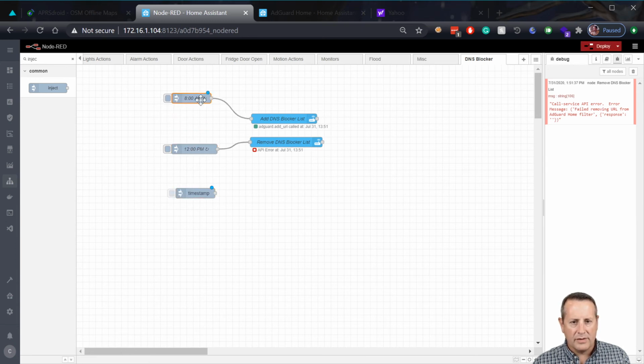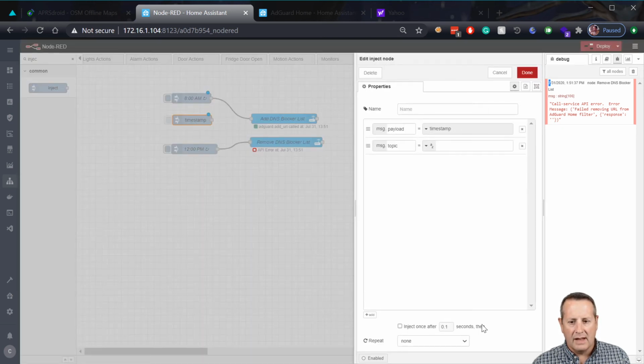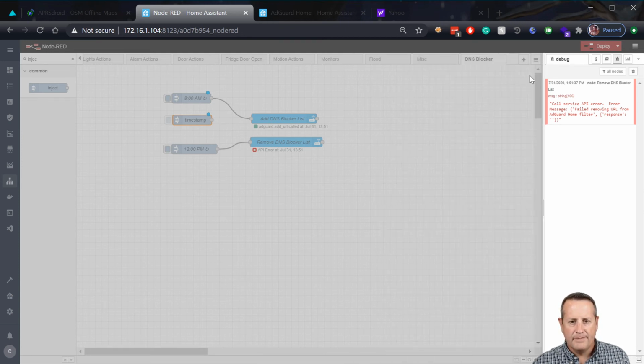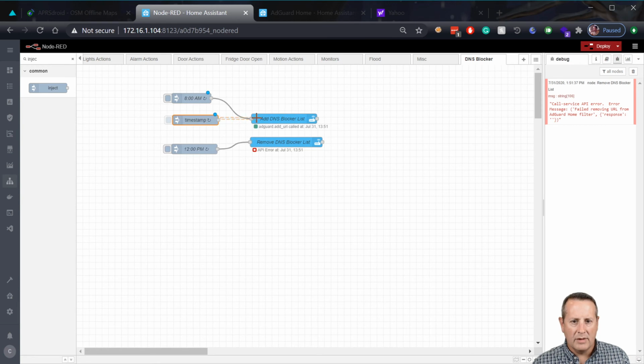There's probably other ways to do this. I think there's a node called Big Timer that you can set specific windows in and have it do it more than once. For sake of simplicity today, we'll do it this way. So let's say from 12 to 1 o'clock, typical lunchtime or whatever, they will be able to play on social media, but then school starts back up at 1 o'clock. So then we go 1300, Monday through Friday. We will again enable that rule, and then we will,